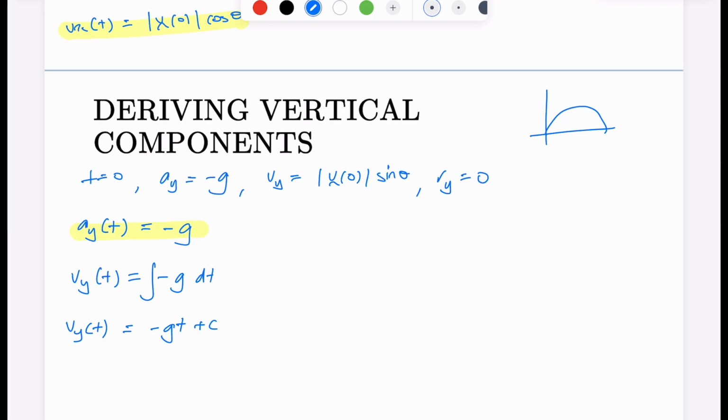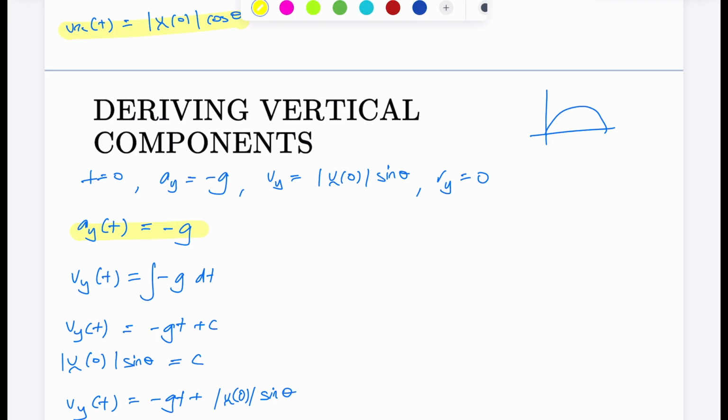And now I need to evaluate my plus c value. So when t is equal to 0 initially, this is my velocity. So I'm going to replace this with what my initial velocity is, which is this. If I sub in t is equal to 0, this will go away, and I'll be left with c. Okay, so this is my c value. If I put it all together, I have negative gt plus my initial velocity,